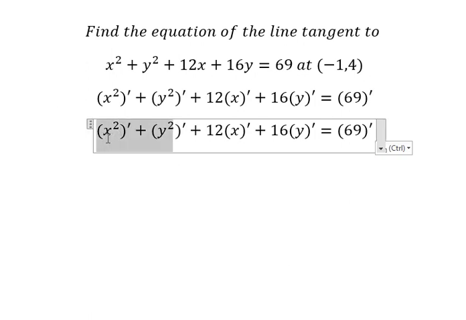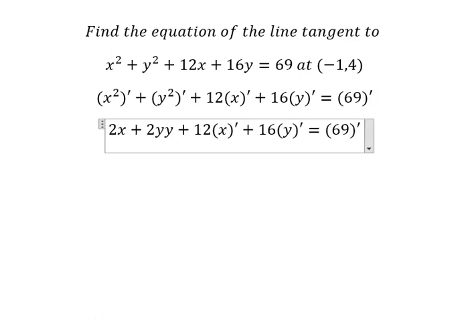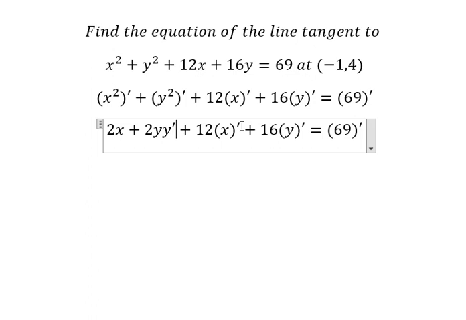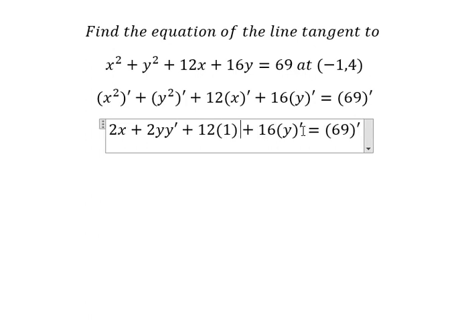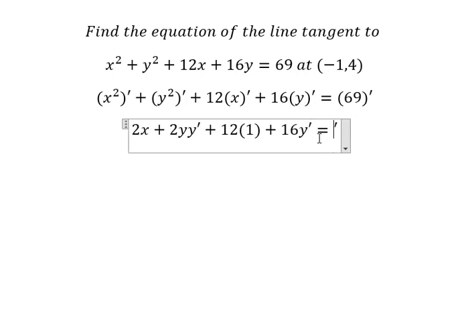This one we have 2x. This one we have 2y, and the first derivative of y. This one we have number 1. This one we have the first derivative of y. This one is about the constant, so you get number 0. Now